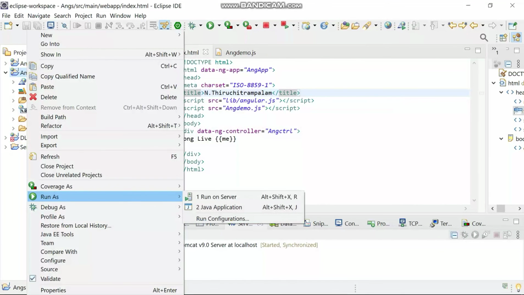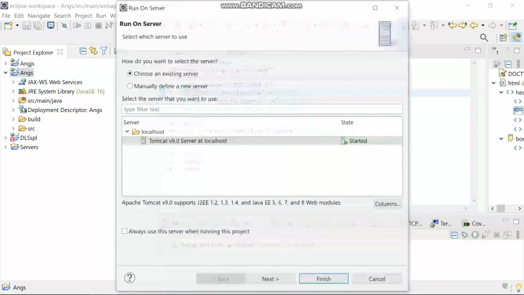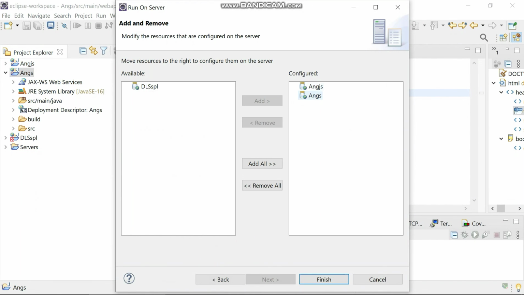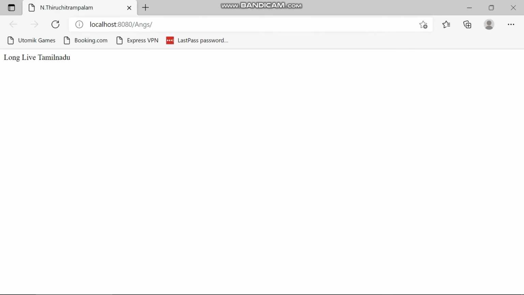AngularJS, right click, run on server, and select ANGS, finish. See, now you can see we got the output. The name of the web page is N Tiruchitrambalam, right?